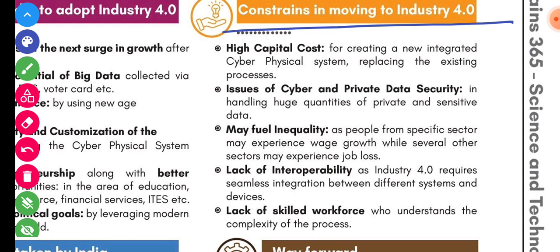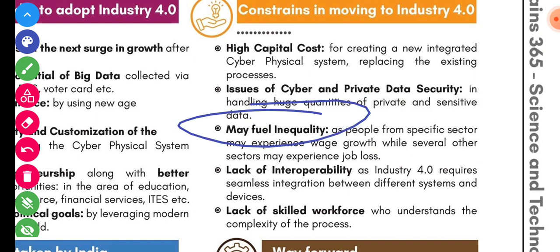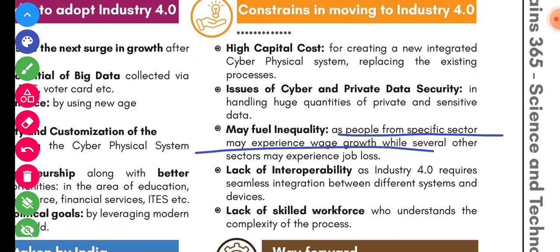What are the constraints in moving to Industrial Revolution 4.0? That is high capital cost for creating a new integrated cyber physical system, replacing the existing processes, and issues of cyber and private data security in handling huge quantities of private and sensitive data. So remember this, and it may fuel inequality as people from a specific sector may experience wage growth while several other sectors such as unskilled labor may experience job loss,